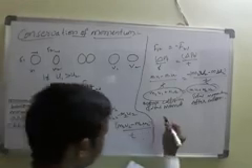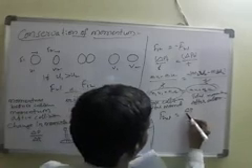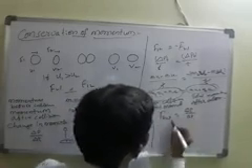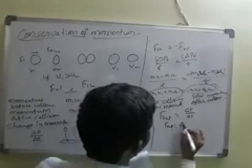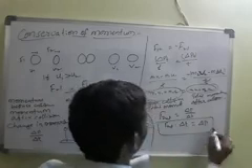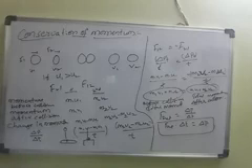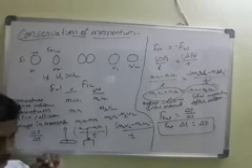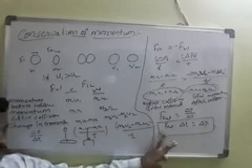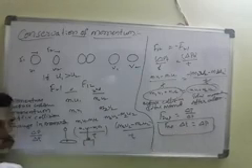F net is equal to delta P by delta T. If we cross multiply, F net into delta T is equal to delta P. This is called impulse. So impulse is equivalent to the change in the momentum that an object experiences during an interaction. The product of net force and interaction time is called impulse.